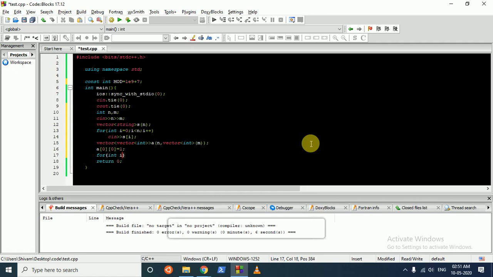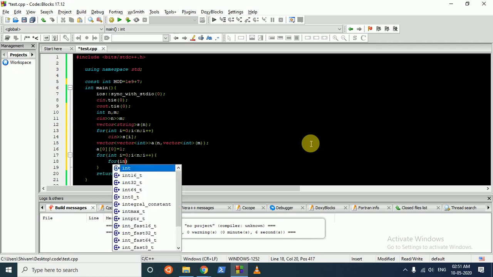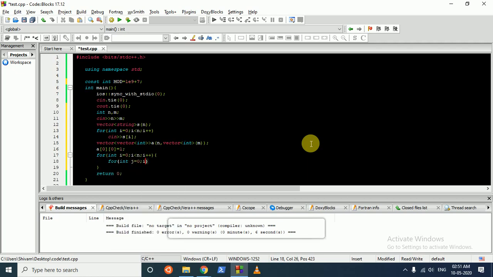Now you will iterate over this matrix, j plus plus. So now let's look for some conditions.